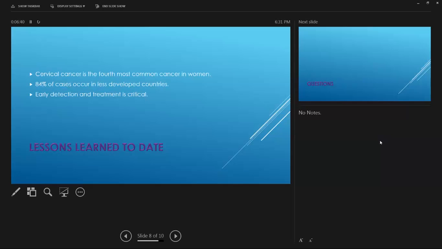The American Cancer Society states that the 5-year survival rate of people with stage 0 and 1A is 90%, and the 5-year survival rate drops to